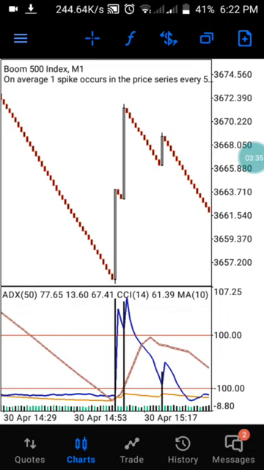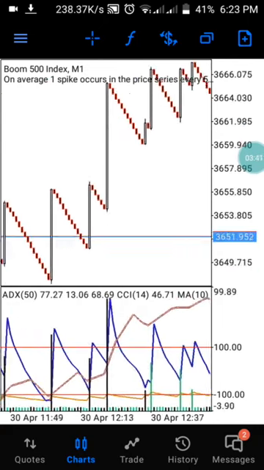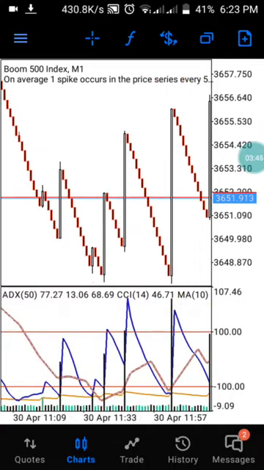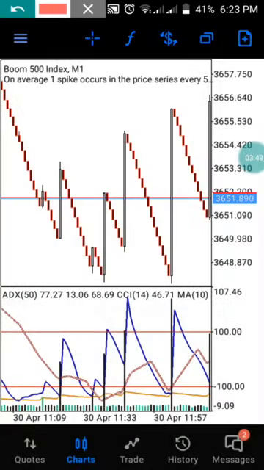No matter how that thing is, there must be a spike. You see, the market respects that level so much that you can catch a lot of spikes. Something happened exactly at this moment. You see now the three went below the ordering level from here, and you can see from here now it